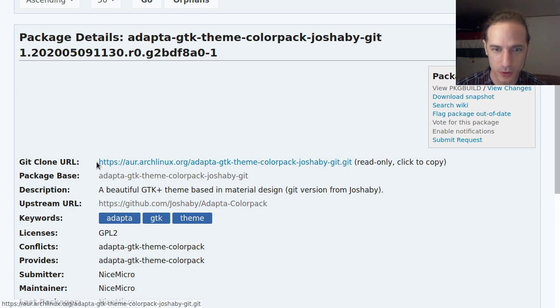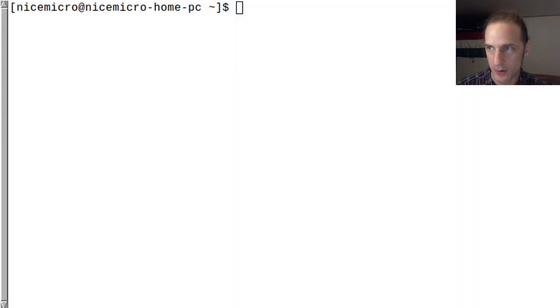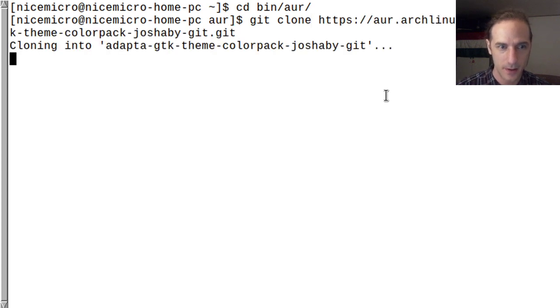I will show you two options. One is just get this here, just copy it and drop it into your console. Maybe, you know, cd bin /AUR, and then you can just say git clone and insert here, and it will basically get the package build file